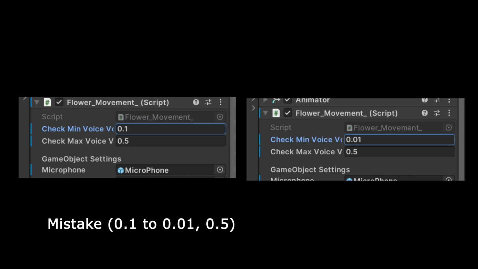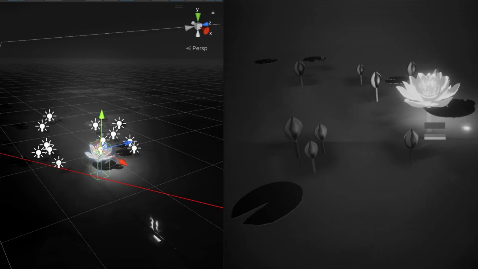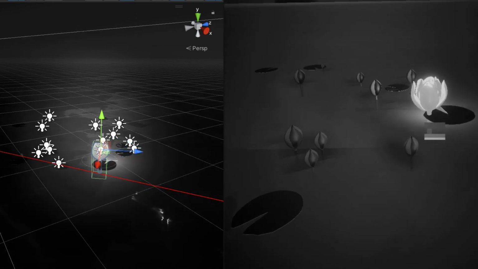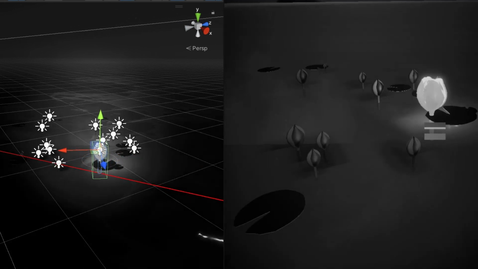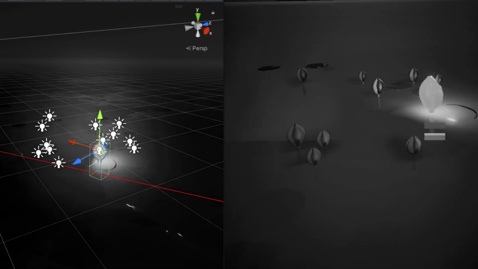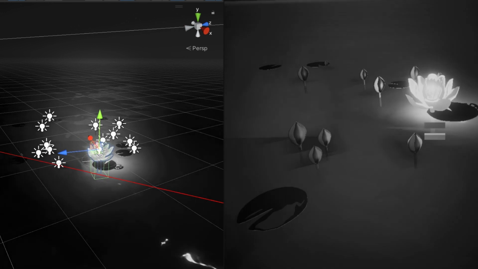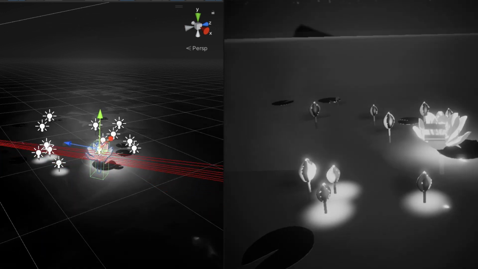Additionally, to prevent players from shouting loudly, we set a maximum upper limit of 0.05 for the volume. If the player's voice exceeds this volume, the game will trigger the closing flower animations. The player's voice needs to be within a certain range, neither too soft nor too loud.